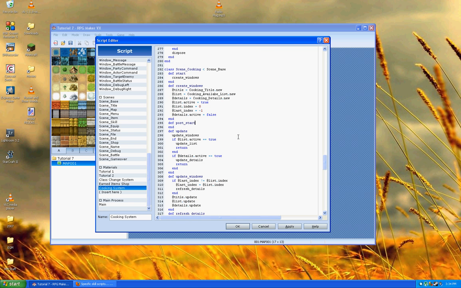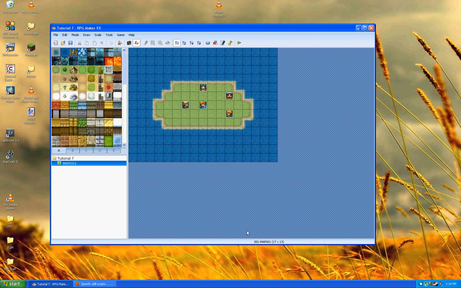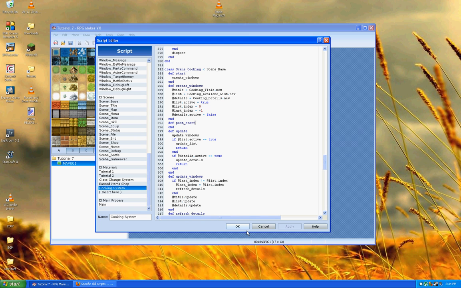Alright, so what we did here is, as I had said originally in the beginning, the post start and pre-terminate were for the functions where you wanted to do something fancy with your scene, either to come into the scene or to leave the scene. And this is where we do our window animation. So we are going to add a couple of new methods. The first one is going to be prepare animate in,